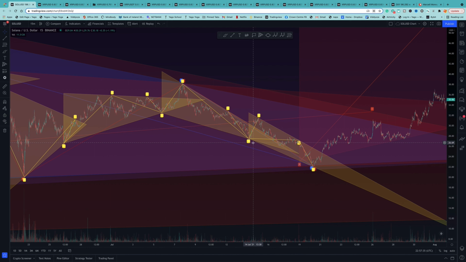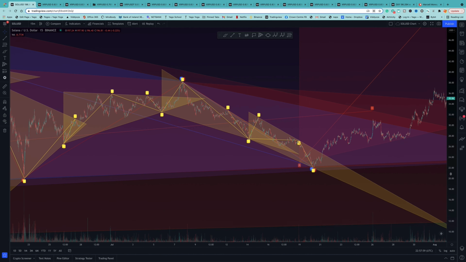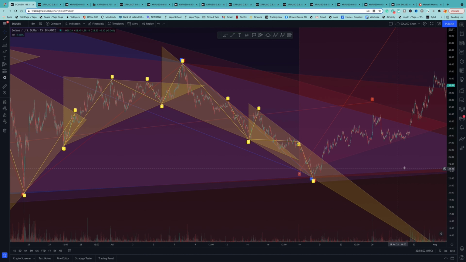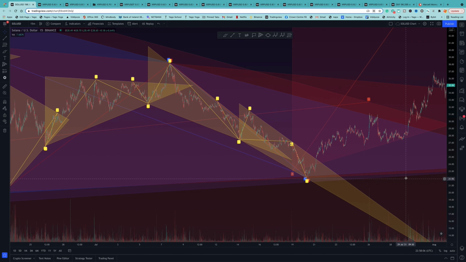And because I was looking at the longer timelines, I could see how far this was going to go. And halfway down, people wanted it to turn up, and they were going, turn up, and then the hour was showing it's going to break out. The 15-minute was showing it's going to break out. The 4 hour was going to show it's going to break out. But the daily and the weekly, we were going, no, we have a C that still needs to be complete. So until the daily and the weekly had their C connect touch, it was always going to keep going down. Okay, so